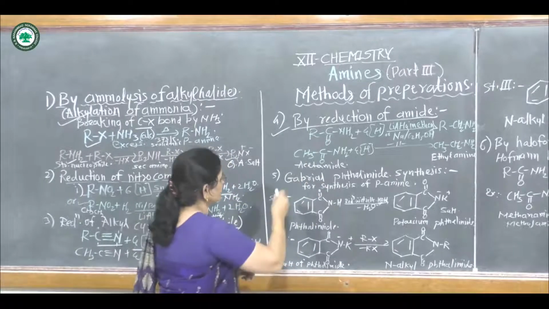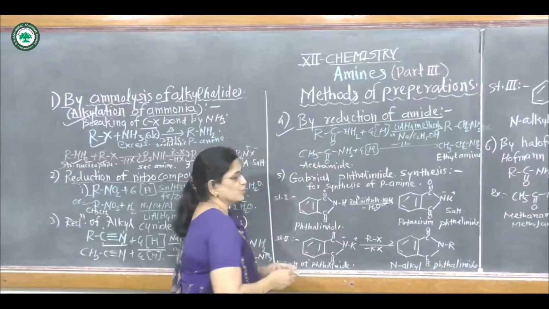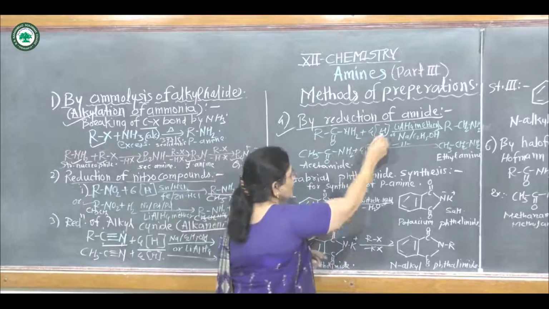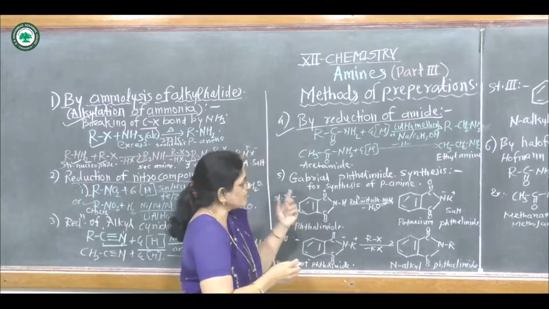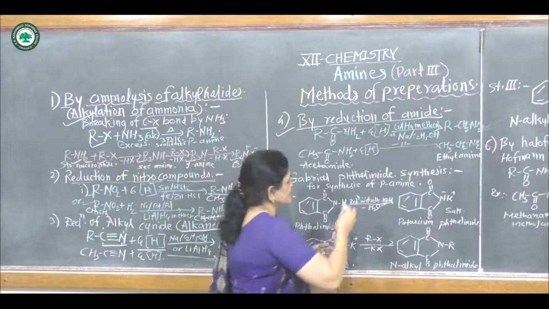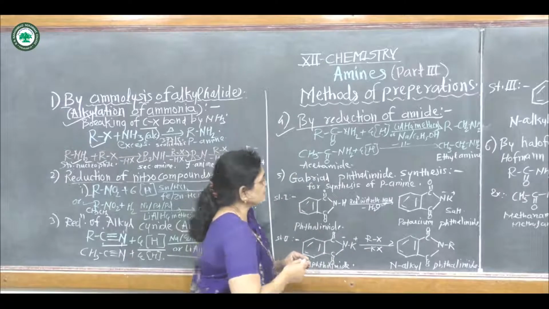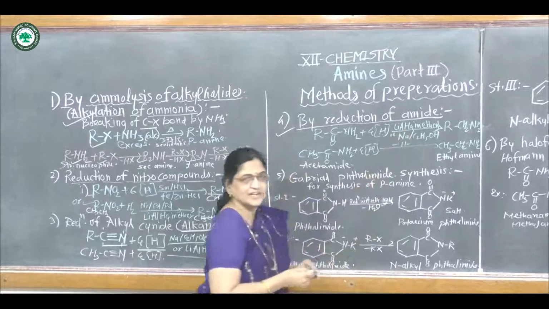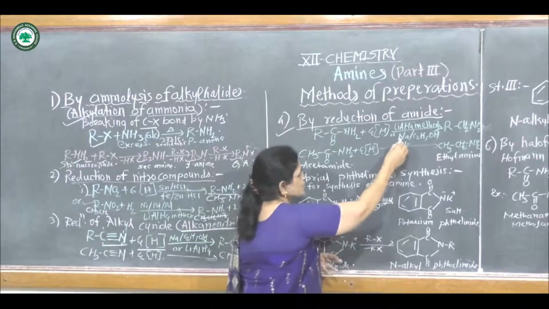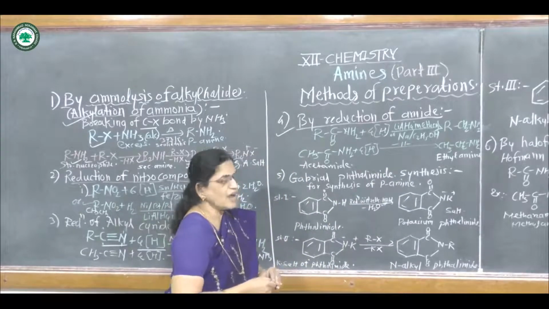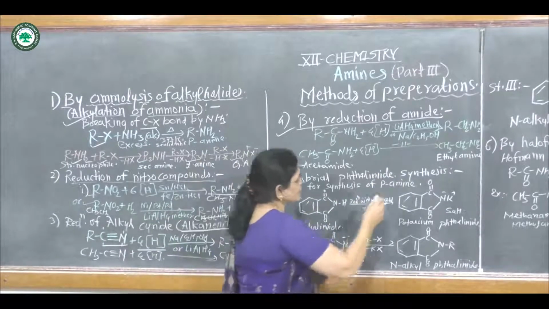The general reaction is RCONH2 plus 4 nascent hydrogen atoms, given by lithium aluminum hydride in ether, or sodium and C2H5OH, that is ethyl alcohol. Again it gives primary amine